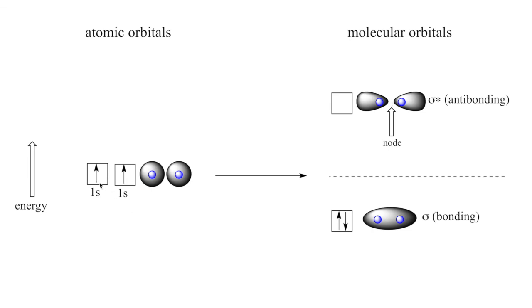Since we start out with two electrons, we will also fill these molecular orbitals with these two electrons. The first two electrons will be in the bonding orbital. Since there are no electrons in the anti-bonding orbital, overall this molecule will have a sigma bond. Some more terminologies here. This is called the HOMO, which stands for highest occupied molecular orbital, and this is called the LUMO, or lowest unoccupied molecular orbital.